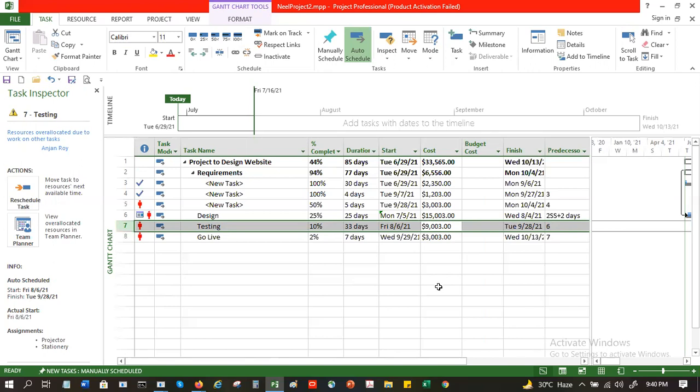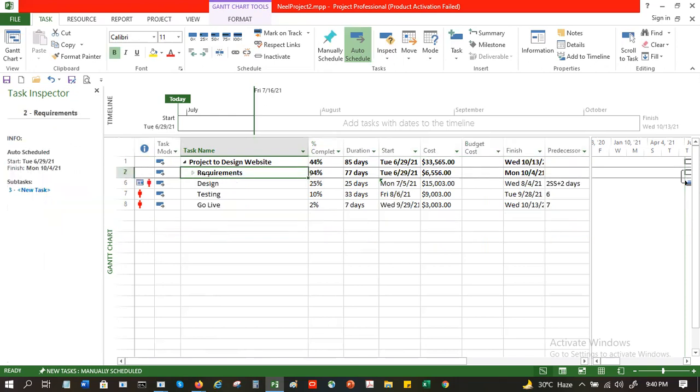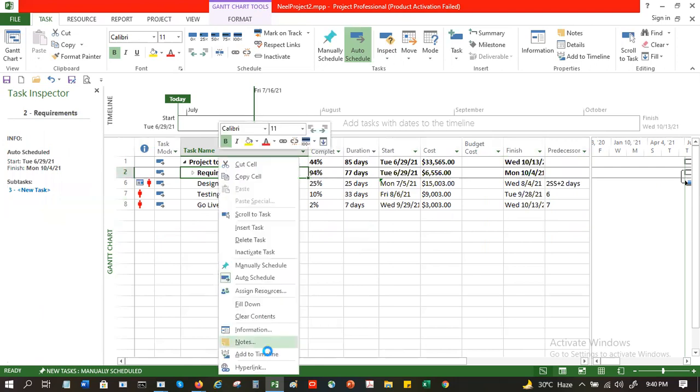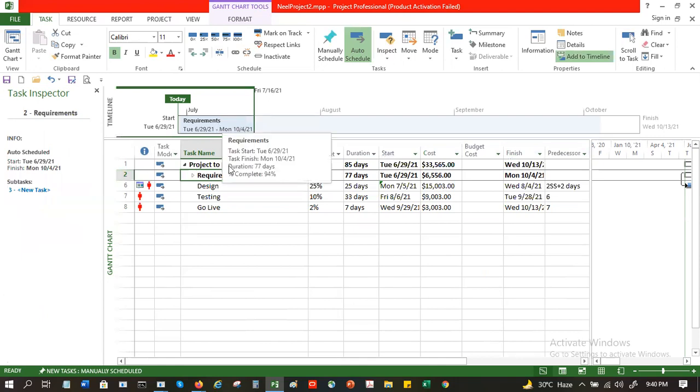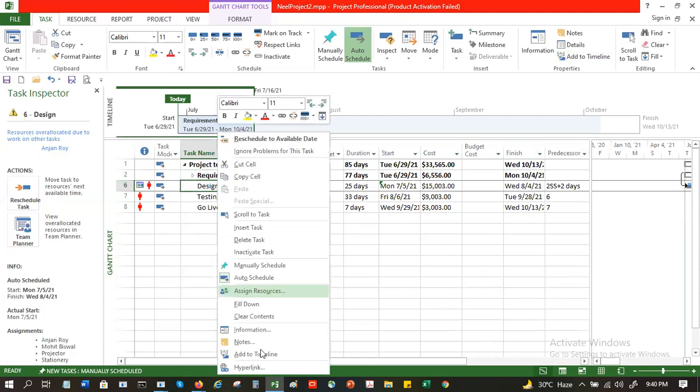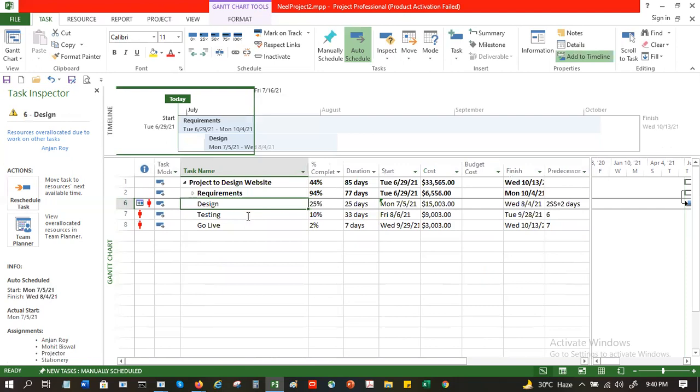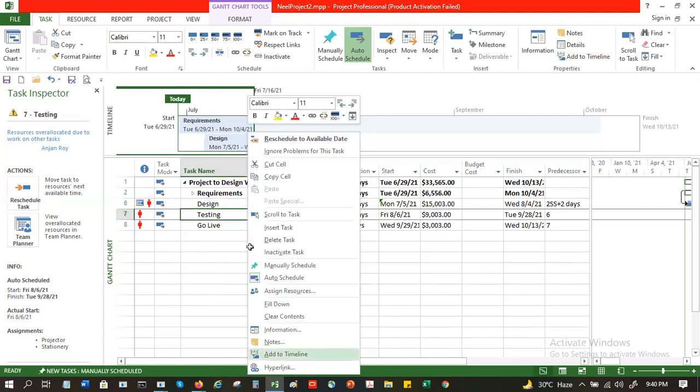And this is the entire timeline. At the top, on a single place, on a single screen, you can see the entire timeline. If you want to add the important tasks here, you can right click and say add to timeline. Requirements is happening here, design is happening here, testing is happening next, and go live happens after that.